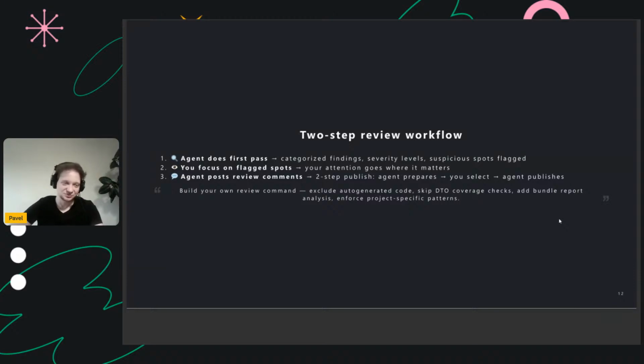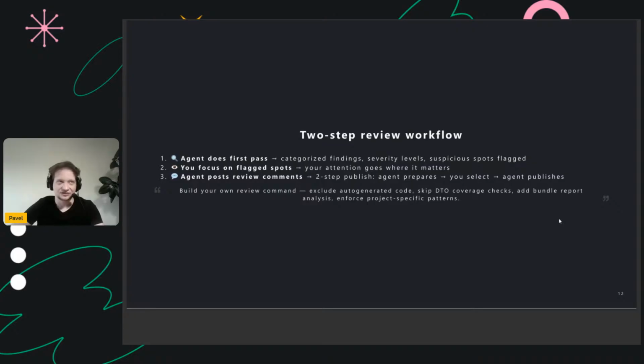I'm just pushing in a number, so: publish 1 to 5. Or if I'm not sure that the agent identified the problem correctly, I can ask what it should publish actually. And this workflow can be implemented in different ways, but my idea is that you shouldn't take as a given